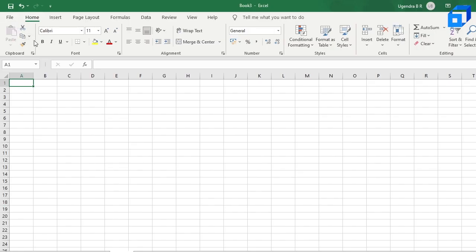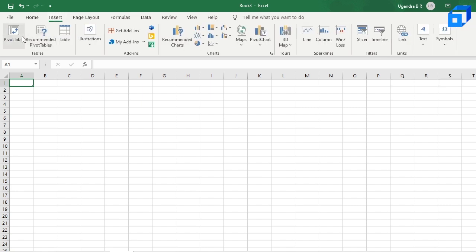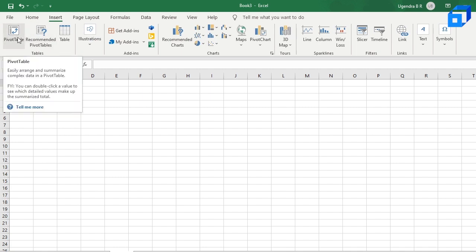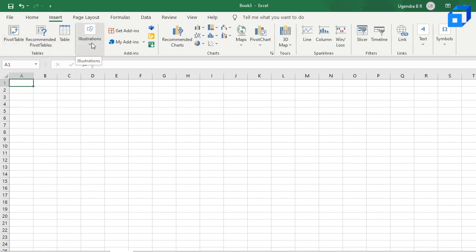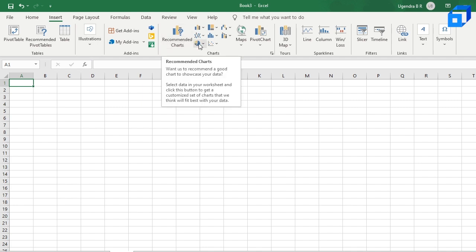And Home contains all the most used Excel functions. There are formatting options, which is font formatting, alignment options, number formatting options, conditional formatting options, which we'll be looking at in the further part of this video, and cells. You can insert, delete or format cells. And Insert is where we can insert a pivot table, illustrations, and you can insert charts as well, which includes bar graphs, pie charts and many more, and so much more like this.